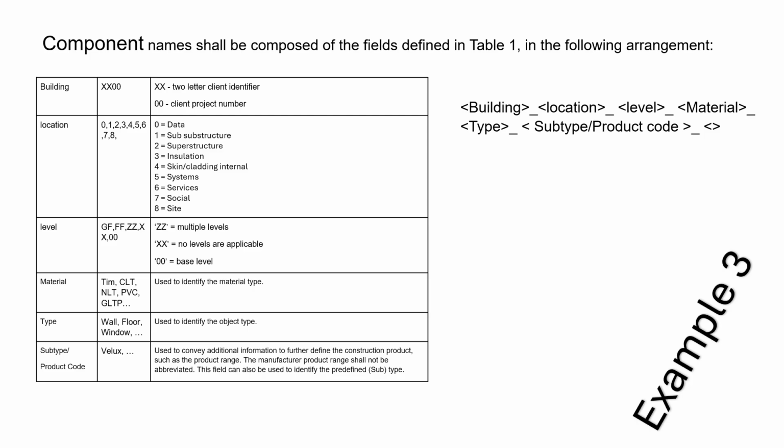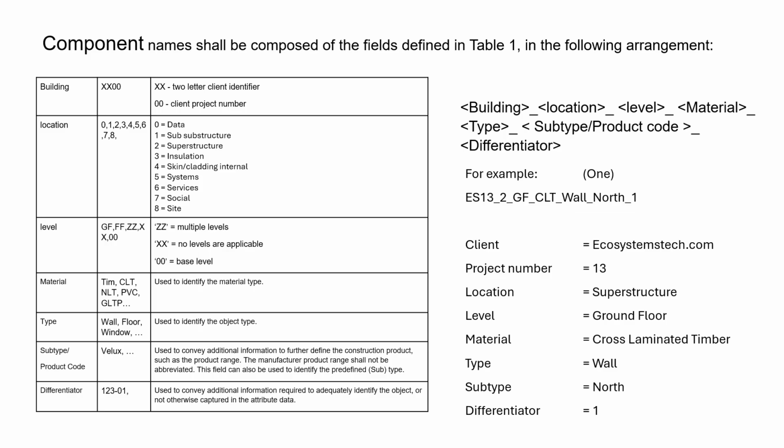Subtype and product code, so it could be by Velux. Right. And there's an example of how one might do this. Client ecosystems technology, project number 13. I don't know what my thing is with 13, but it seems to be